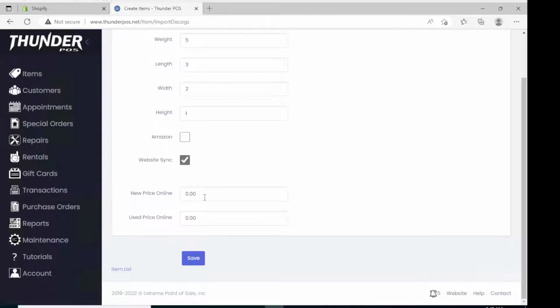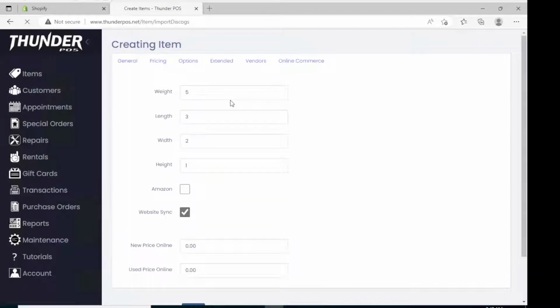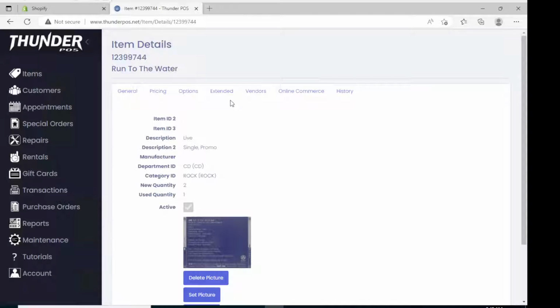We can also have a distinct online price from our in-store price. If you leave that at 0, it's just going to use the new price and the used price 1. But you can set these up if you want to sell things cheaper or more expensively outside of your store. So then when we save this product, it's going to be creating it, importing it, and then uploading it to